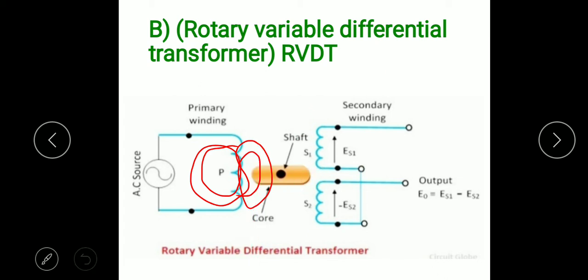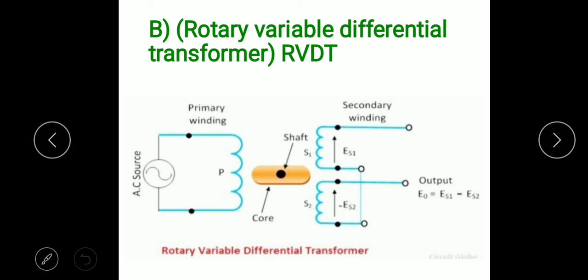Now you can be clear with the concept that the LVDT and RVDT are both the same. Just a little change is, instead of the core's linear displacement, here we are considering the angular displacement of the cam. Okay, this is all about the RVDT. By using this, we can measure the angular displacement of any motor shaft which is connected to the motor, and if you want to find out the RPM of that shaft, then also the RVDT is useful.